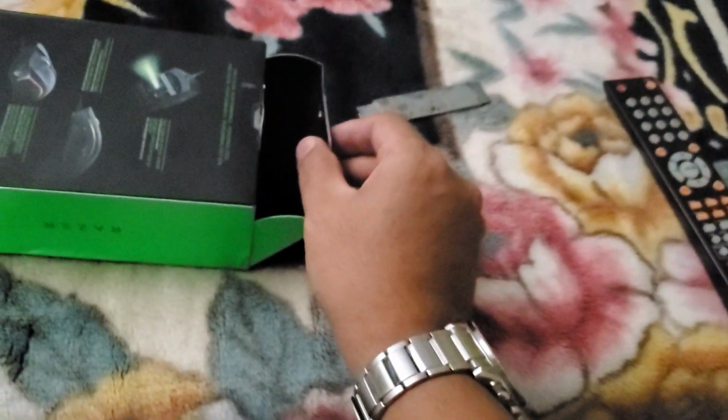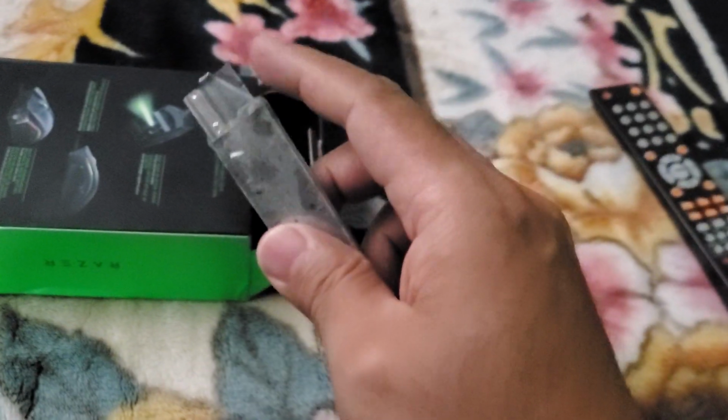Let me see if I can get this knife to cut. I think I should have bought a knife. This knife is duller than a wooden knife actually. Come on. Alright, there you go. Stupid knife is so dull already. Anyway,